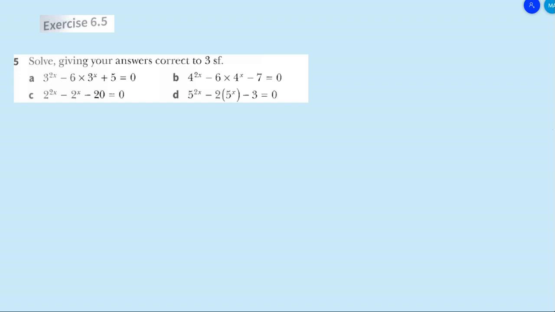As you know students, we have started exercise 6.5 from chapter 6 and we did question number 1, 2, 3, 4 and question number 5 part A, B and C. So first we have to do part D of question number 5 and then we will do some more questions from this exercise. So let's have a look at part D.